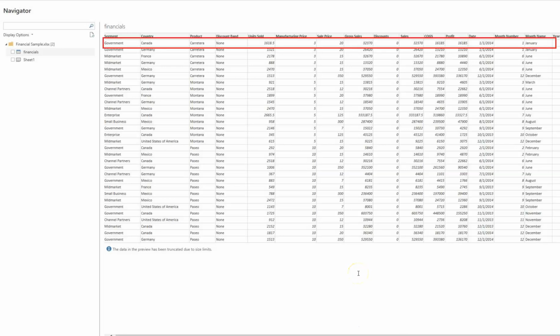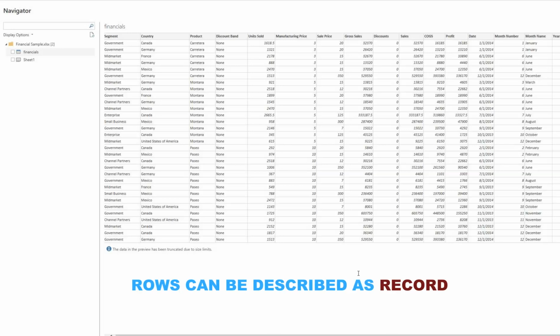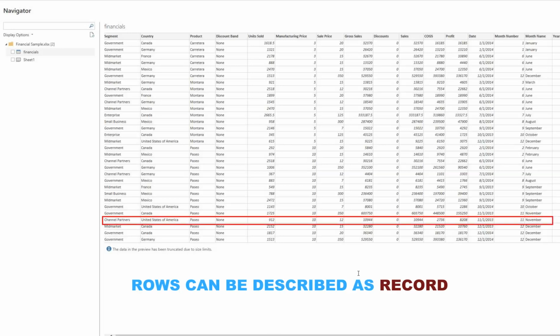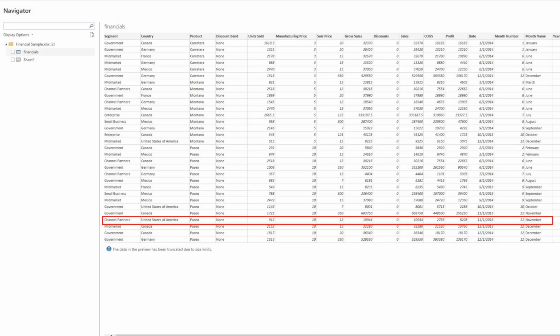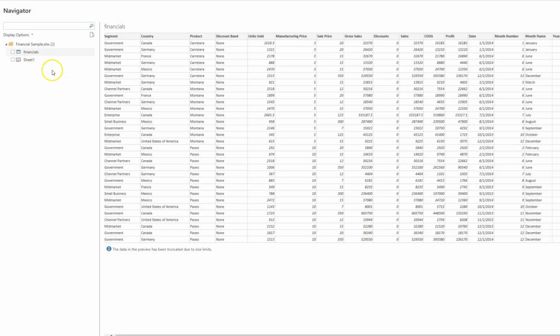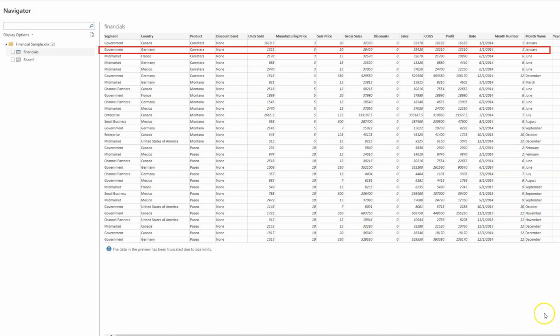The rows are also referred to as a record or a tuple. Rows are observations in a data set. Now, I want you to pay attention here. A single observation will give you a description of one item in the table. For example,